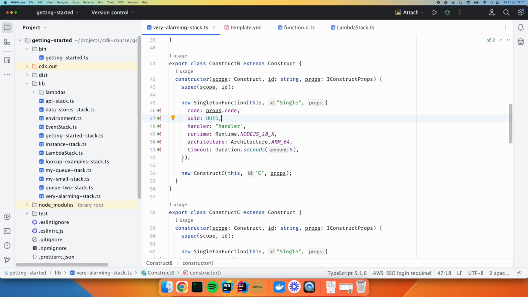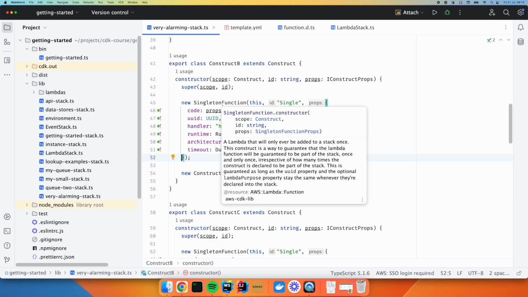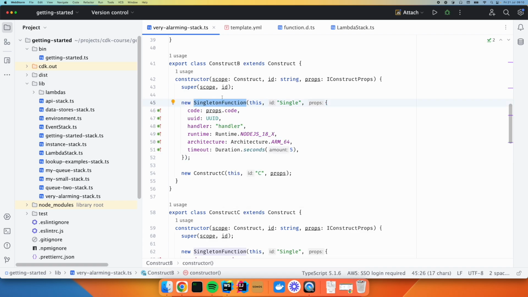A common use case for that is custom resources. Obviously we looked at AWS custom resource in a previous lesson, but what if we needed a custom resource? Maybe we want to use the AWS v3 SDK, maybe we want to use an upsert style custom resource where we would create or update the resource, depending on if it exists or not. Or maybe we have to tweak some of the SDK client settings because we need it to support some kind of different setting, maybe a different retry behavior. So let's look at how we can do the same thing that the singleton function does in our own construct,